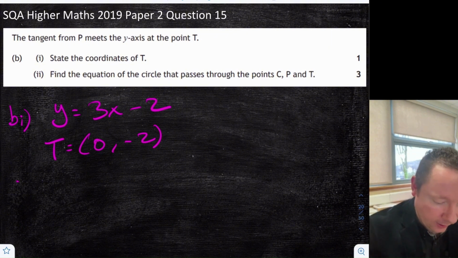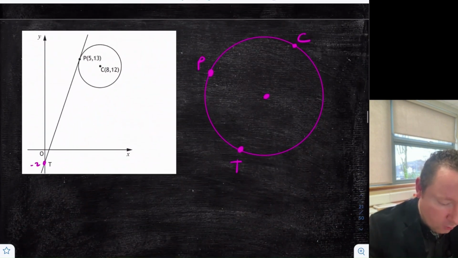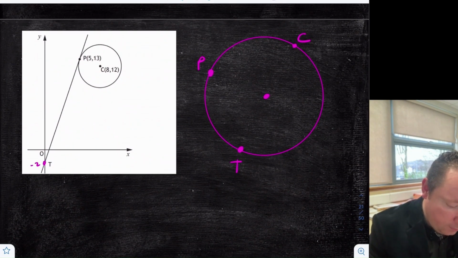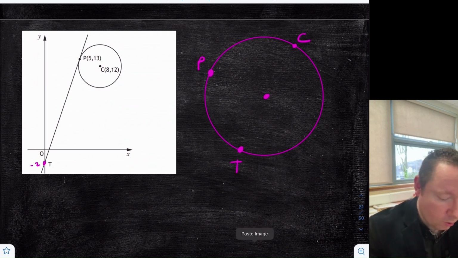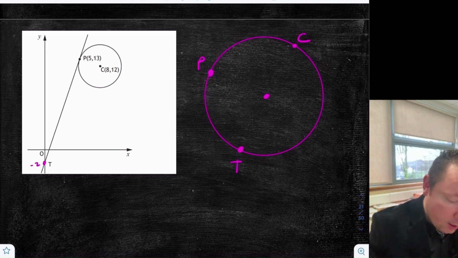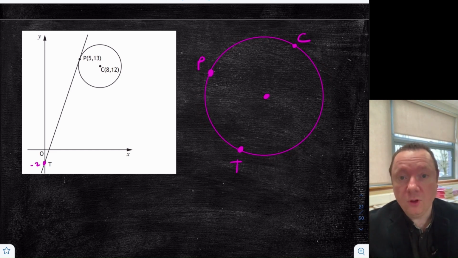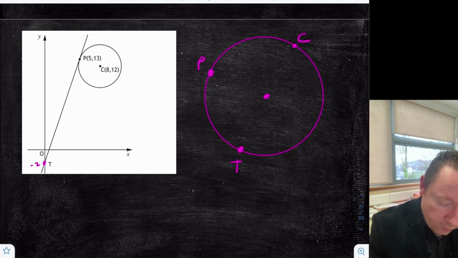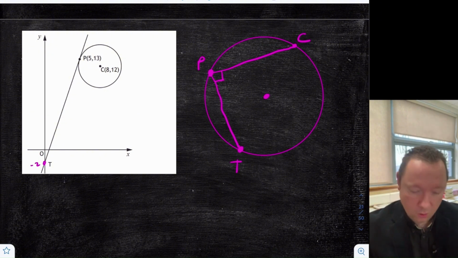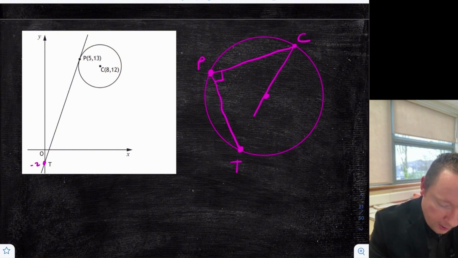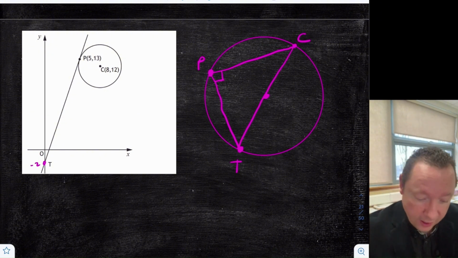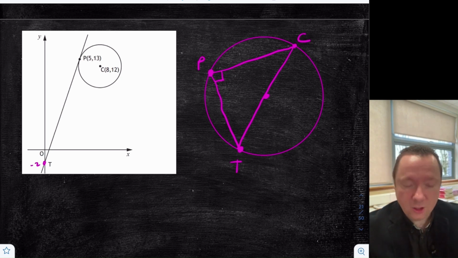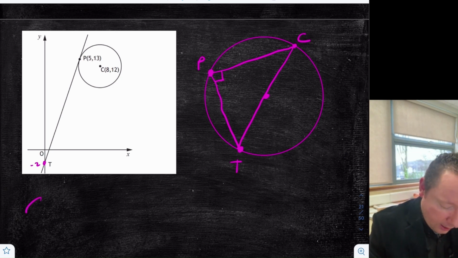So part B2 says find the equation of a circle that passes through the points C, P and T. So if we've got the picture of it here again, we've got C, P and T, and we're saying that there's some circle that goes through all three of these points, a bigger circle. Now, I've not drawn an accurate sketch of this, but we know that this is a right angle at P. Now that only happens in a circle when we make a triangle, and that would be the diameter. So we now know essentially that CT is the diameter,